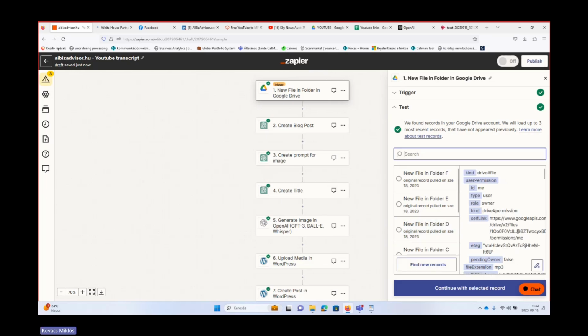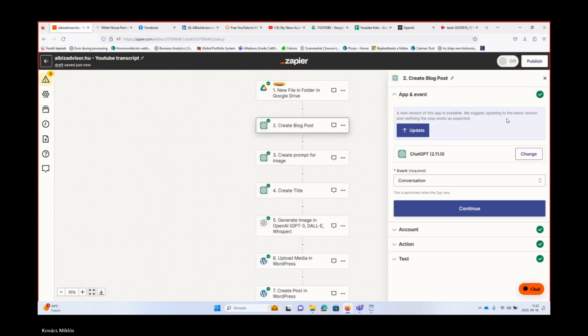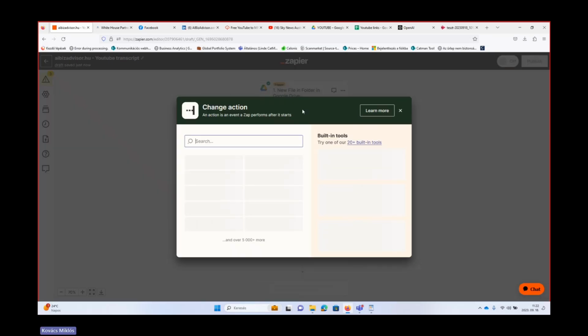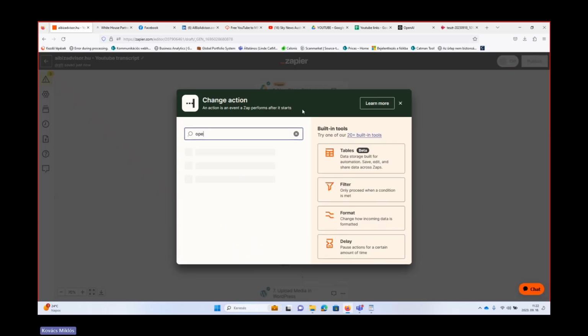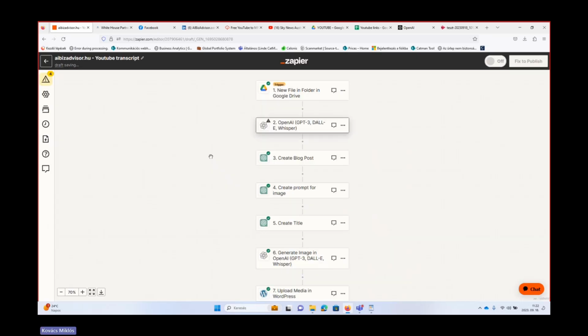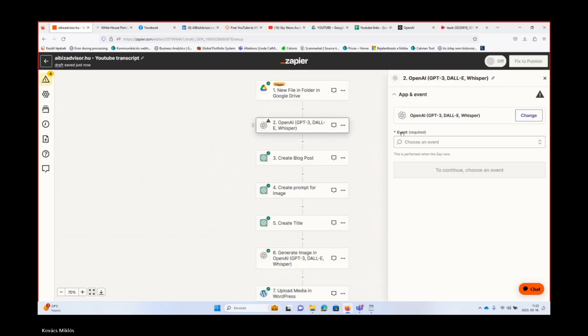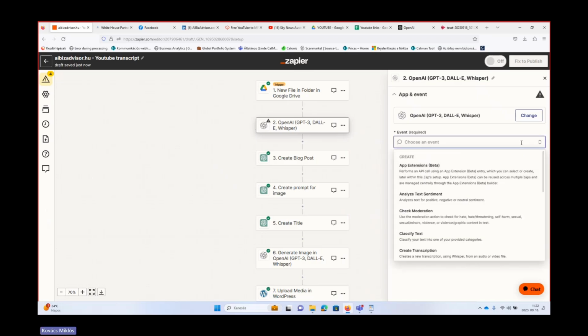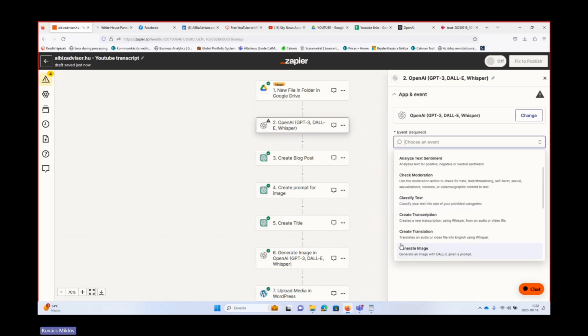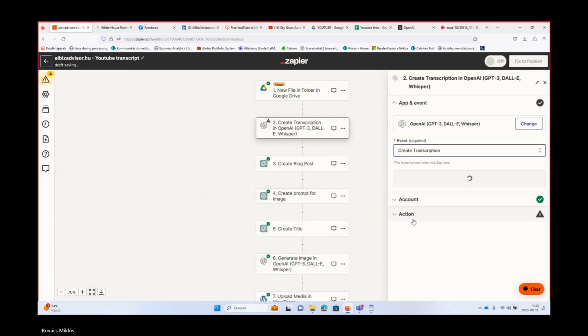Right. Okay. Cool. And then we should create a transcript. So for that, we need another action. Click on add, and we will again use OpenAI. Choose an event, and here I will use create transcription, as you can see.